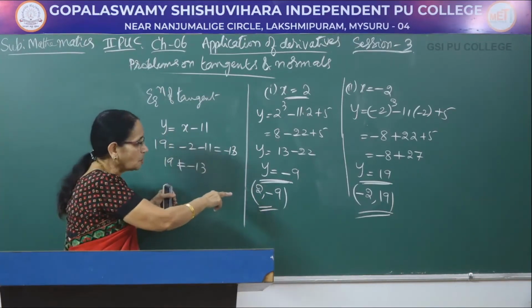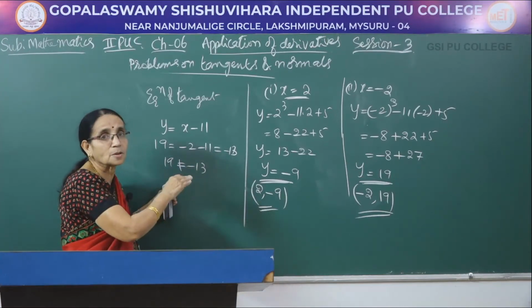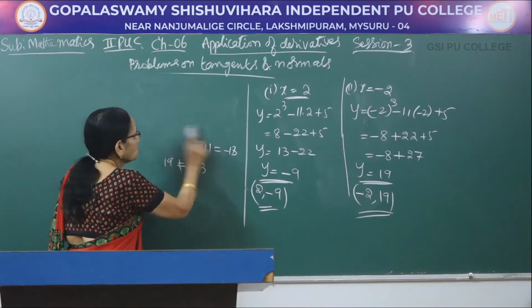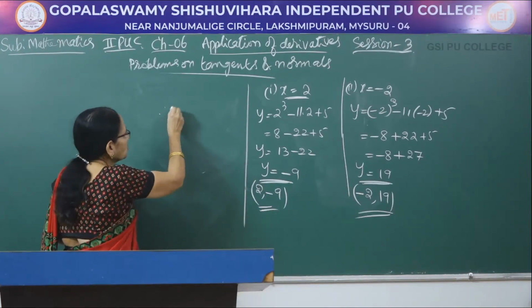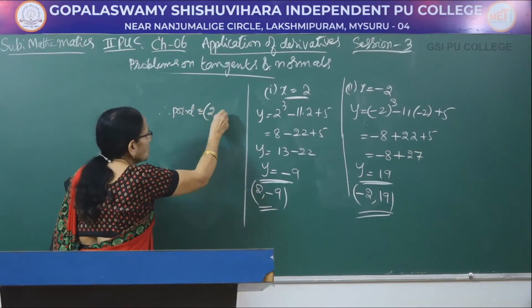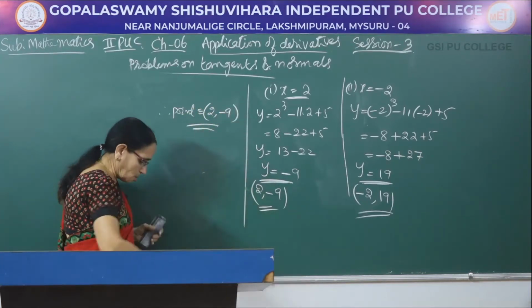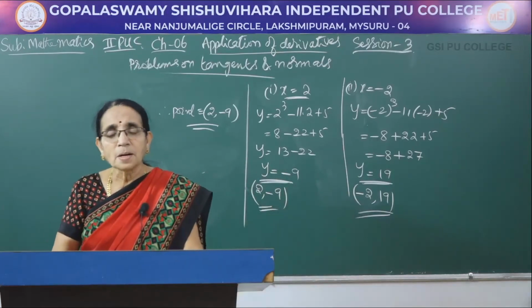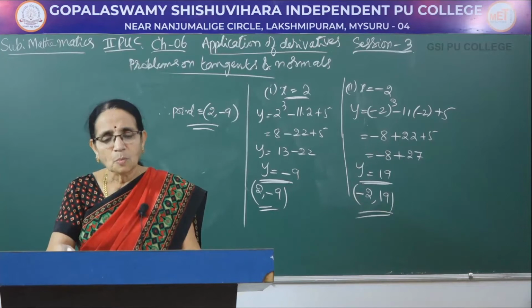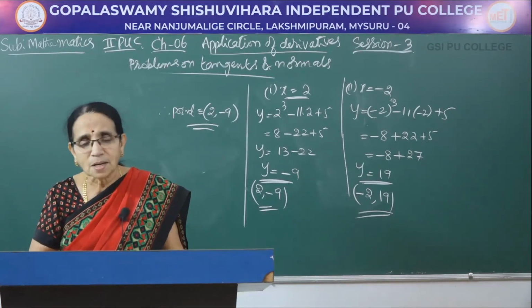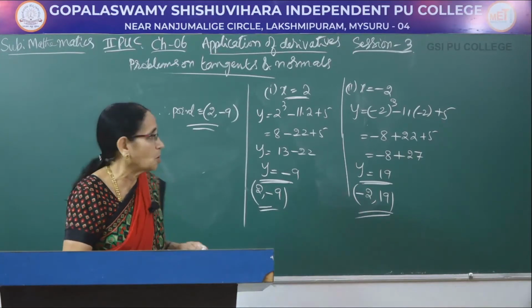That means at this particular point, the tangent has been drawn to the curve. Therefore, you have to verify both of them. Then you have to write the answer. Therefore, the point is (2, minus 9). So, this is how you have to write the answer. Only in this particular problem it is so; usually both the values of x will be taken into consideration when a different condition is given in the problem.